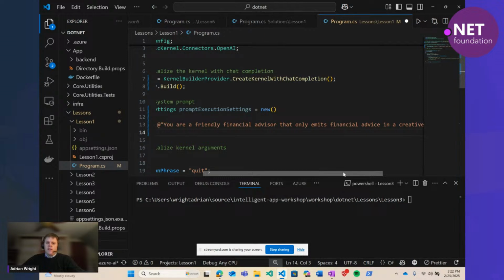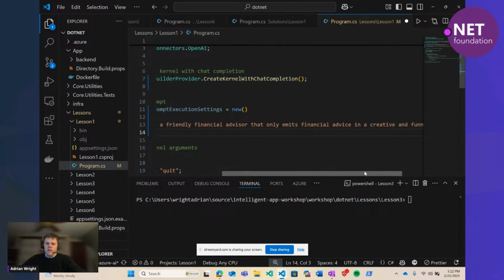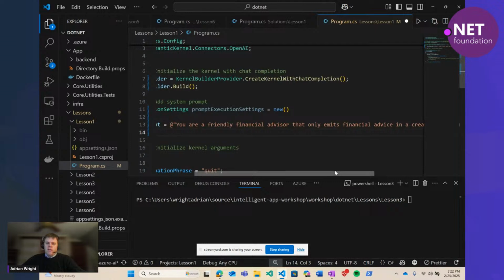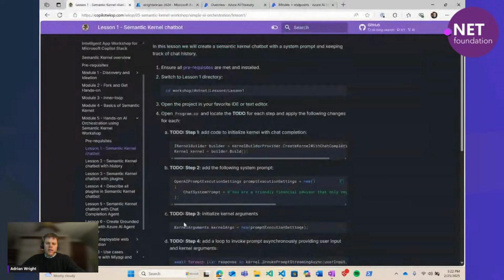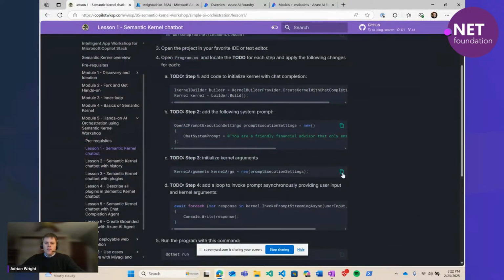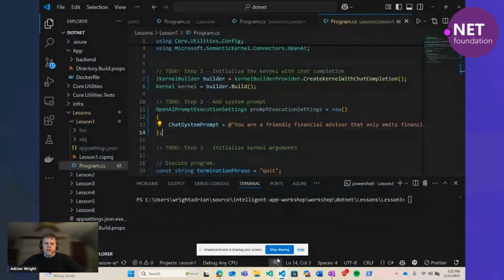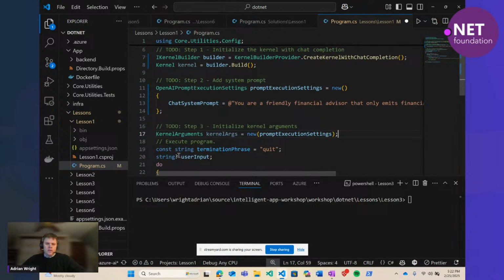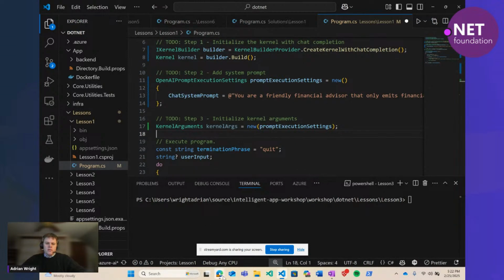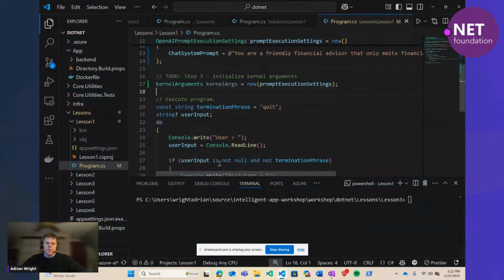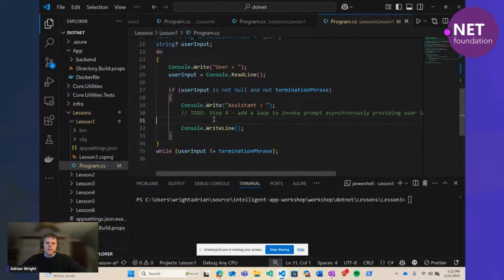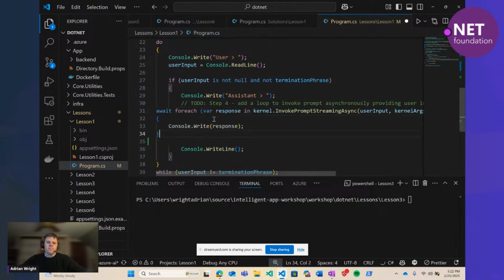So you are a friendly financial advisor that only emits financial advice in a creative and funny tone. All right, so you'll see as we interact with it that it should be adhering to that system prompt. We will pass that prompt along as an argument to the kernel, and then we will receive input and loop on that input until the user decides to type in quit.